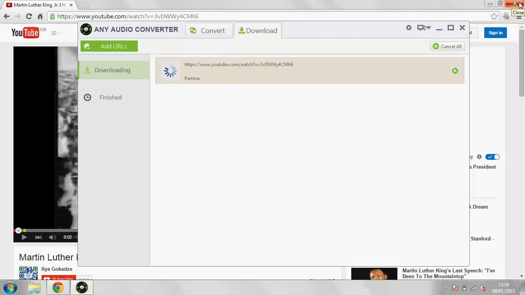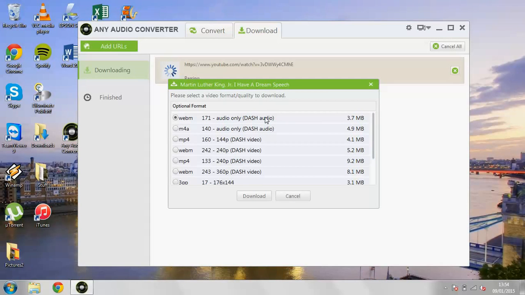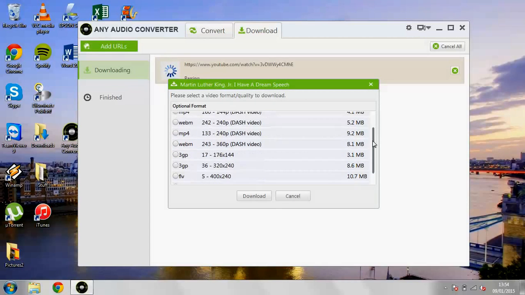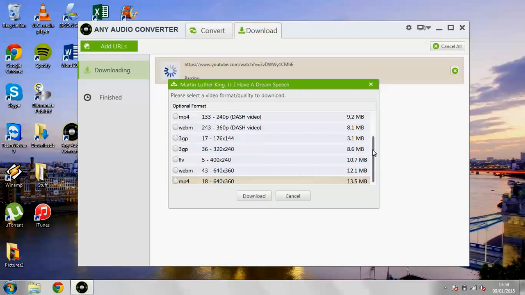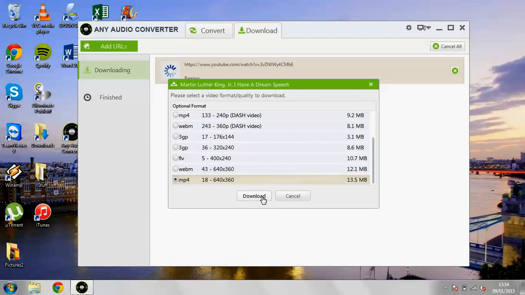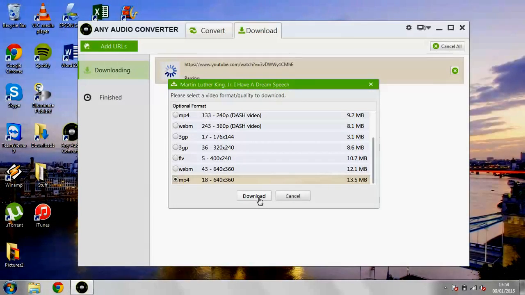And it's going to pop up with a window like this, which is basically going to ask you what kind of format you want to download. Do you want audio only, different types of video clarity and size? We're going to go with MP4 for the sake of this, which is video and audio, compatible with most computers and things like iPods and that. So we're going to highlight that or select it and then click on download, and you'll see it's going to start